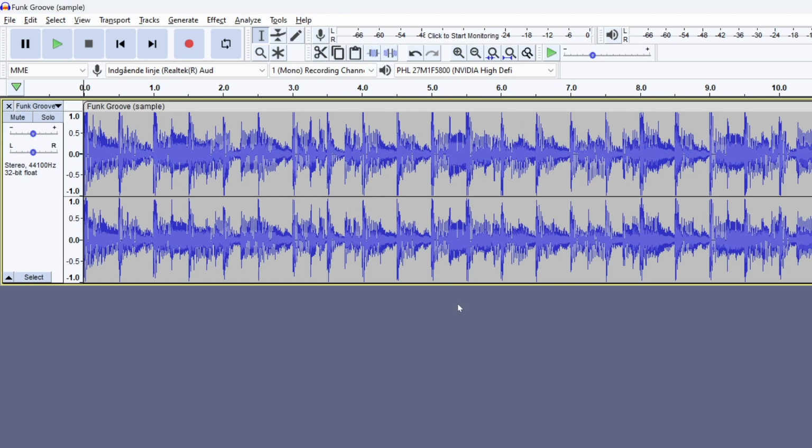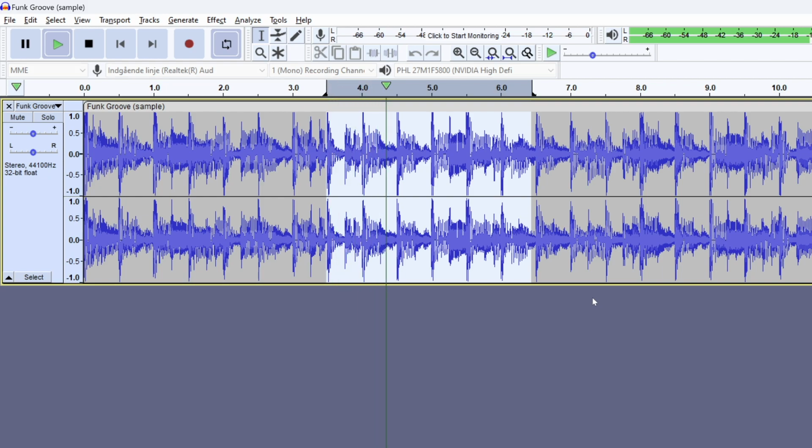To play a selection in a loop, select the desired area and press L. This gray bar will indicate the loop region. You can then use the L key again to turn loop on and off.